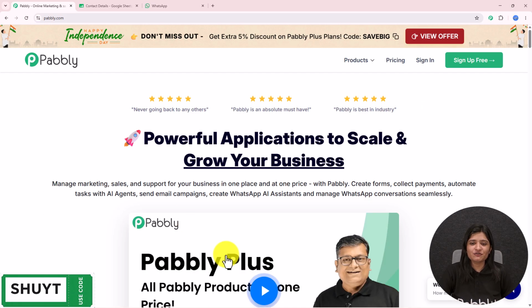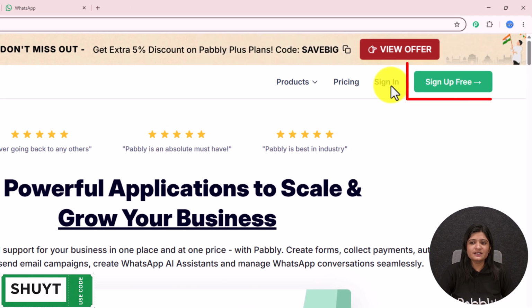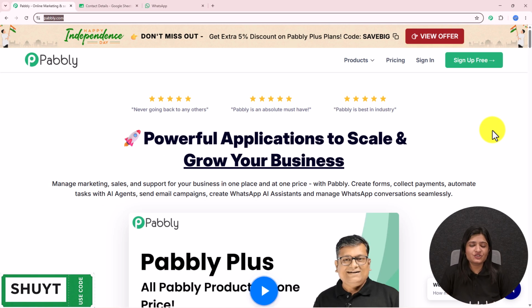This is the landing page of Pabbly and you can visit this simply by typing pabbly.com in the browser. After browsing the website, we need to sign into our Pabbly account. On the top right corner, we can see two options, sign in and sign up for free. If you are an existing user, click on this sign in. If you are a new user, click on this sign up for free and this will give you some tasks. You can use those tasks and check whether it fits your business or not,